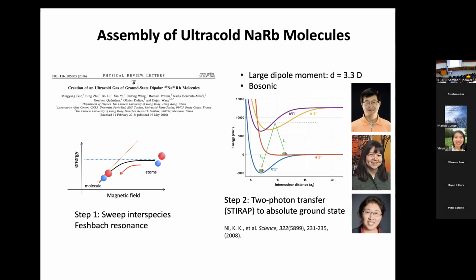Okay, so the approach we use in my lab is something along the lines of what Gila did. We can produce these degenerate gases of atoms, in our case, sodium and rubidium BECs. We can bind them into molecules through something known as a Feshbach resonance, where you form basically the least bound state of the interatomic potential. And then we can put them all the way in the ground state using a 2-photon transition. So now they're in the absolute rovibrational ground state where they're not rotating and they're not vibrating. And this state is very nice because they have a large dipole moment, so they can interact with each other at long range.